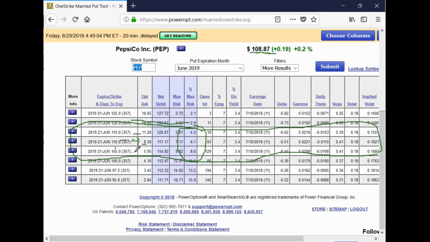Even though this put is out of the money right now, the risk is 8.6%, a little bit higher than what I usually like to see. The 115, great risk if I open this position right now of only 4.2%. It's only a strike and a half in the money, really, okay? And that's not too bad. But usually when I'm looking at these numbers, the range that I want to see that's worked well for me in the past 10 years I've been trading radioactive positions, I consider it the three bears.